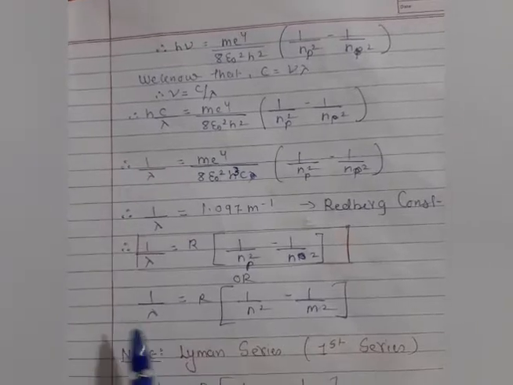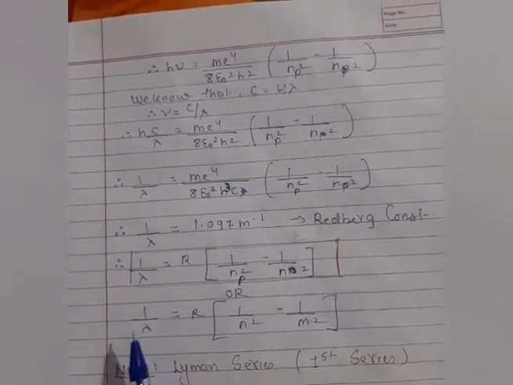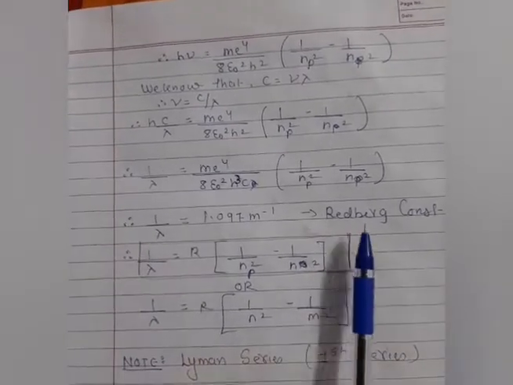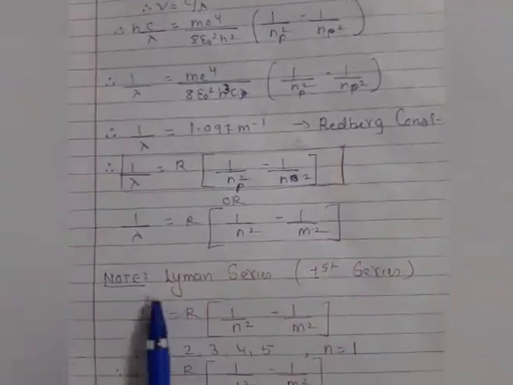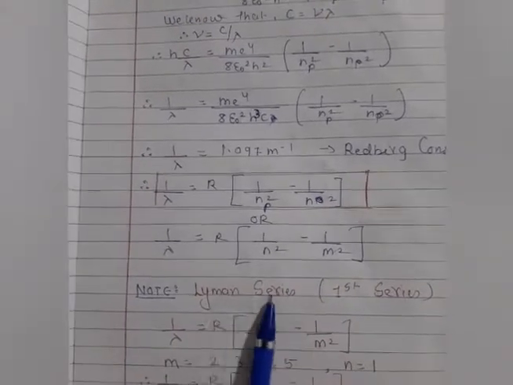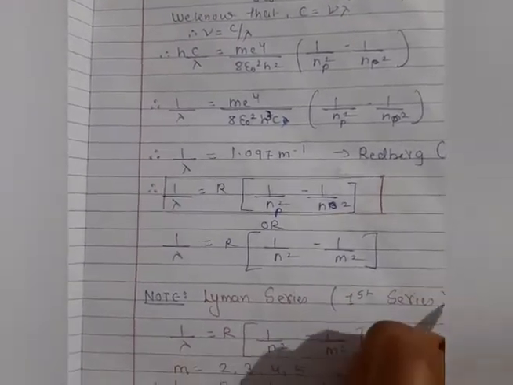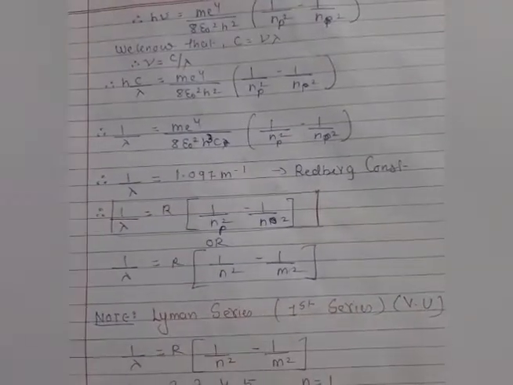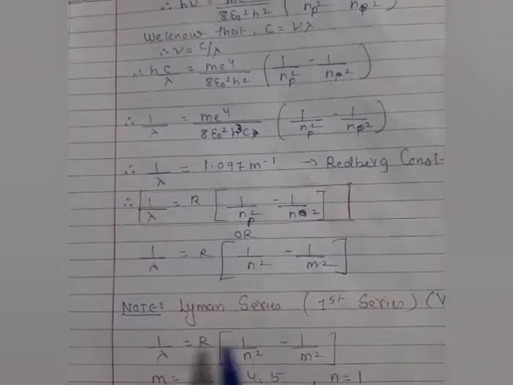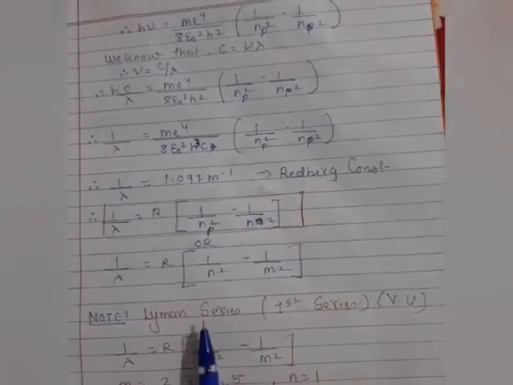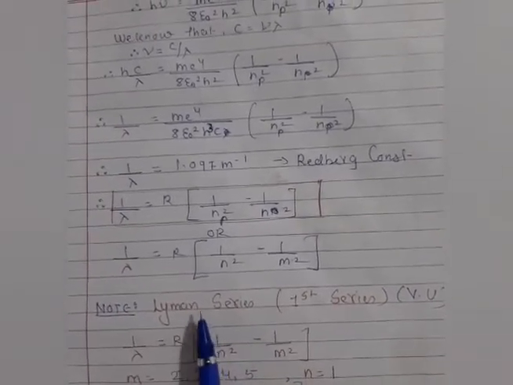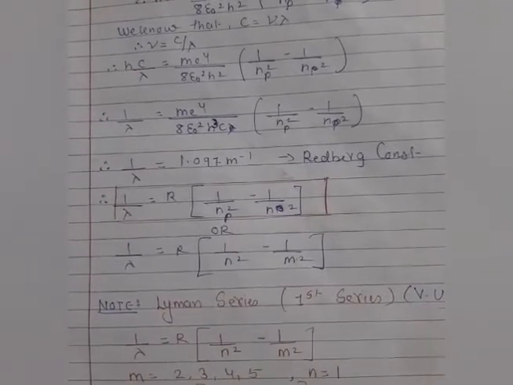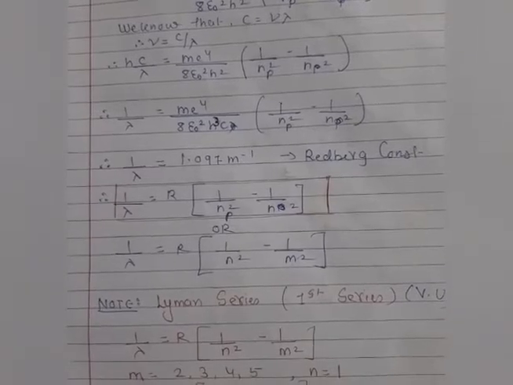Let's understand how the same common formula is applicable to the different series, because Rydberg found this condition. Here we have the first series, that is the Lyman series. As you know very well, students, the Lyman series is applicable for the ultraviolet region. When we have the ultraviolet wavelength series, we take the Lyman series. I have already explained all this concept in the previous video. If your concept is not clear, you can follow the previous video and then switch to this video.